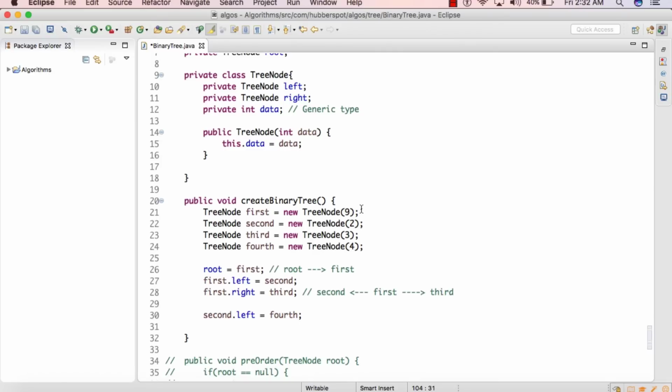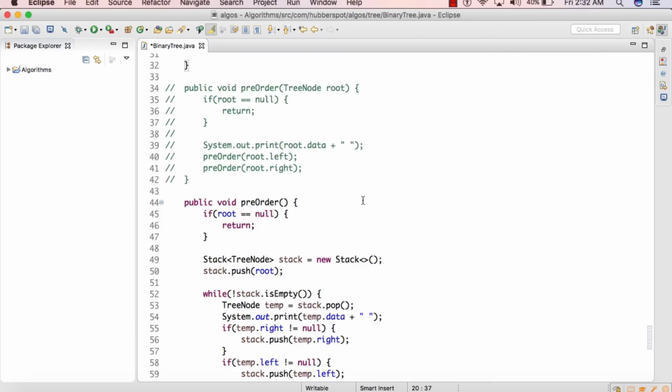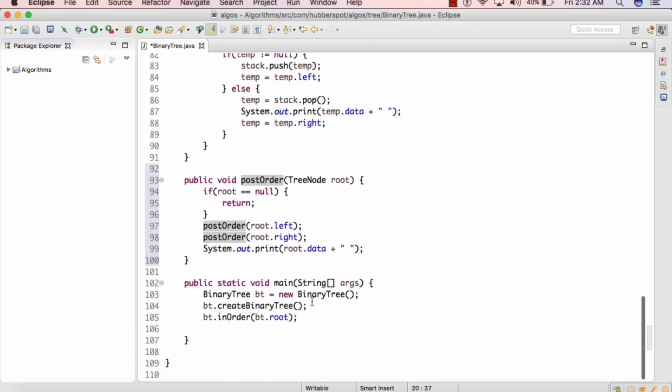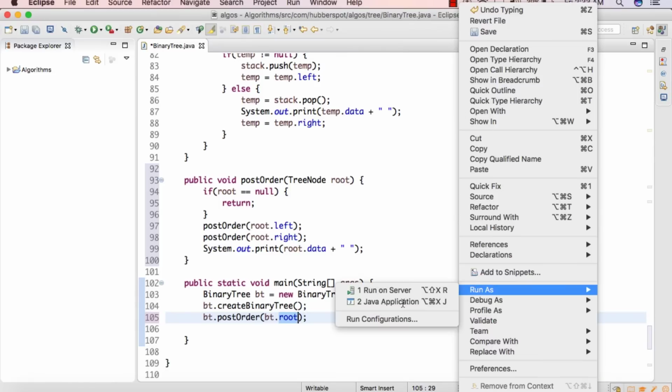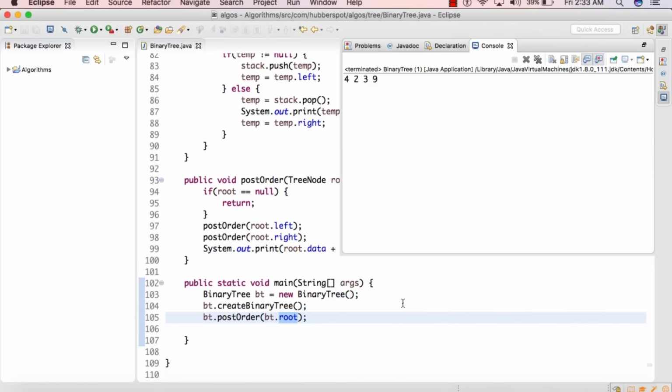So you can watch my previous tutorials in order to understand how we have created this binary tree with the few nodes. So after creating this binary tree, we'll actually call the postOrder method, and we'll also pass the root into it. So if I run the code now, you can see it printed 4239, which is the same output which we discussed in the slide.